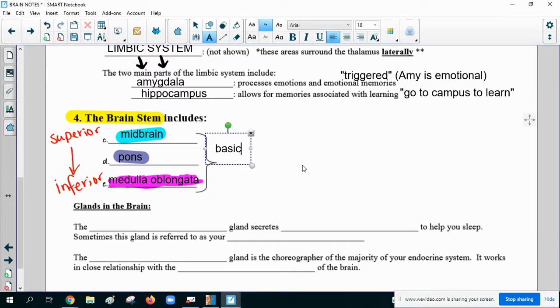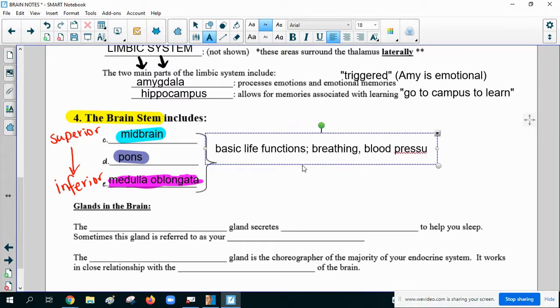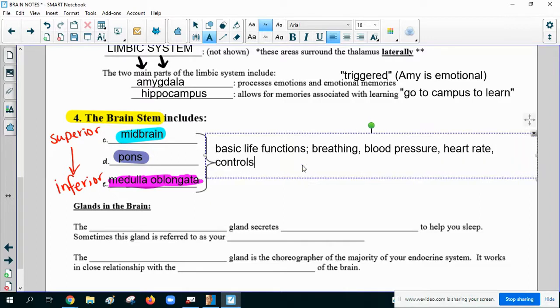So I'm going to put that as sort of a heading and then elaborate on that. Breathing, need that. Regulating blood pressure, that's definitely important. Regulating your heart rate, which goes along with blood pressure, and also controls your consciousness, like whether you are awake